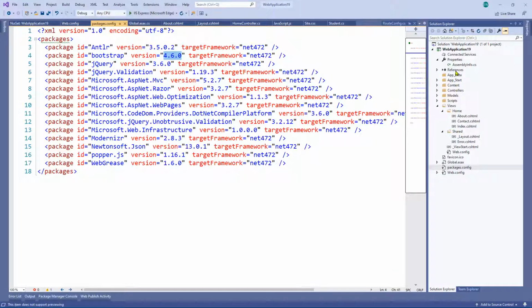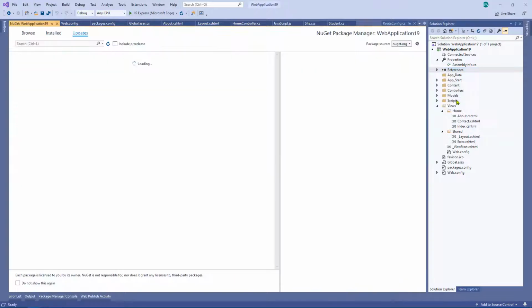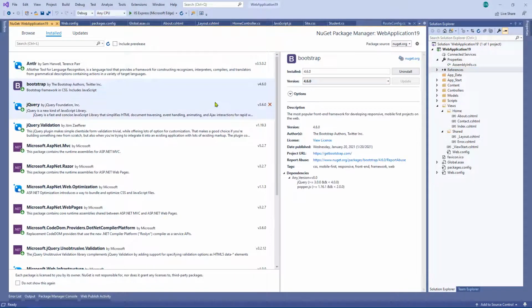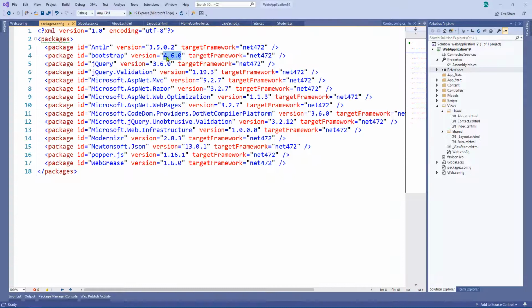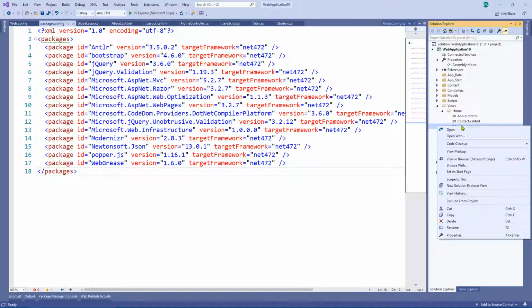If we right click on references, NuGet packages, let's have a look at what's installed. We've got Bootstrap 4.6.0. I can't remember what the previous version was, but as you can see now, our packages config now contains the latest versions. The only other thing I'm going to show you is if we right click on one of our views,